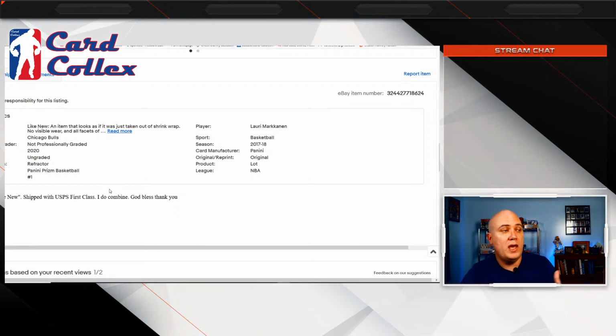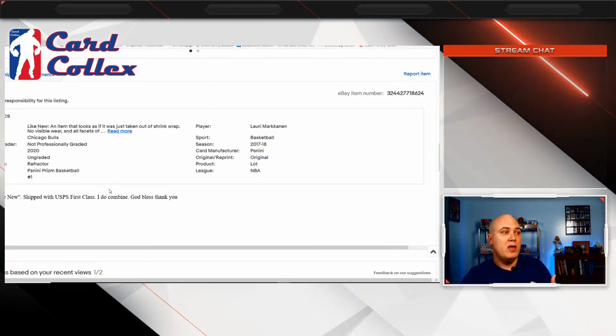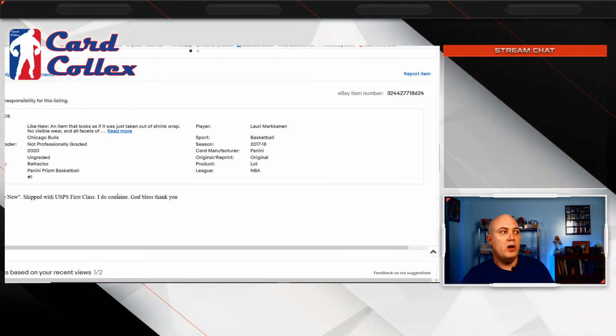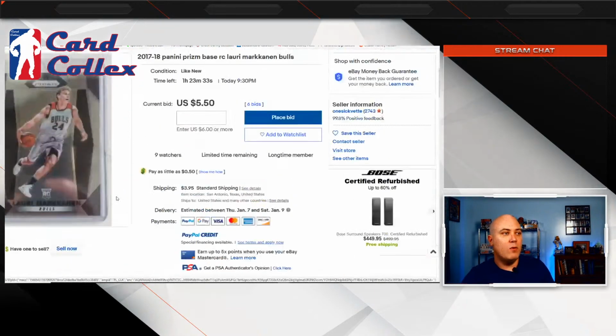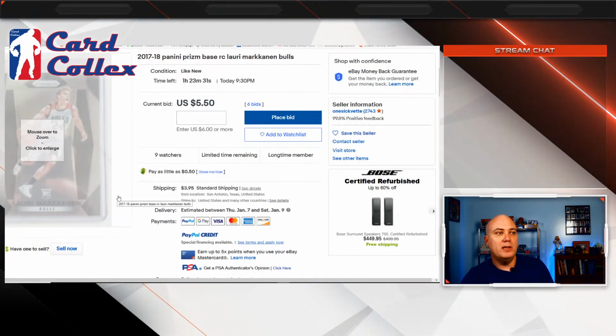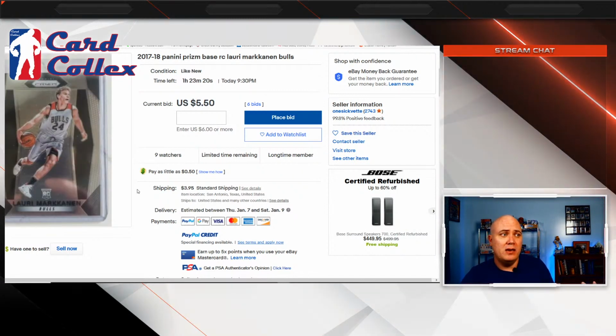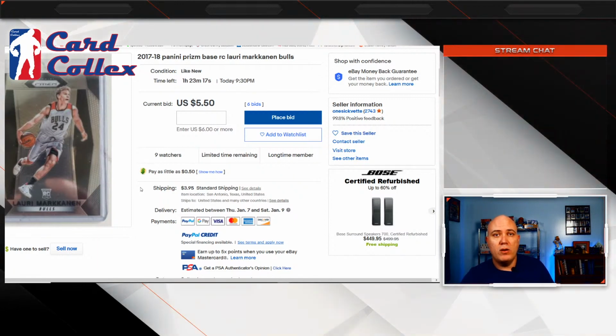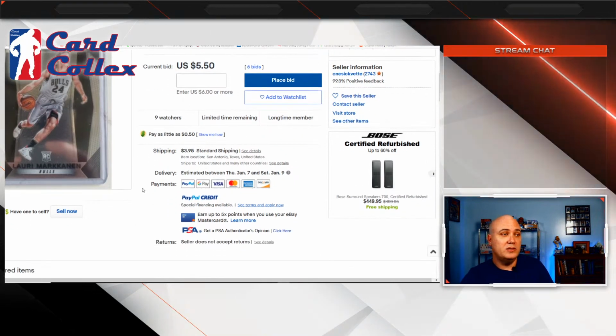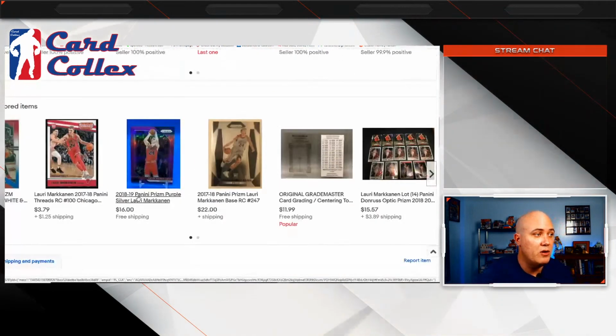So if you win multiple auctions from this seller, then he will just charge you shipping on one. So instead of $4 on each of these cards, it would probably be $4 on up to 4 cards with top loaders, or 10, or whatever. It's going to be a lot more reasonable. If you win 10 cards, you're probably paying not much more than the regular $4. So that can save you a lot of money, as opposed to going around and buying these cards one at a time from different buyers and stuff.